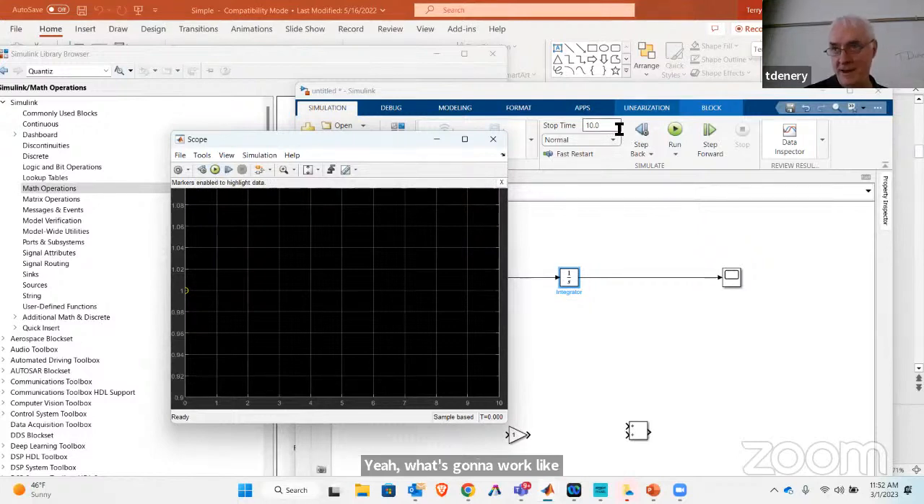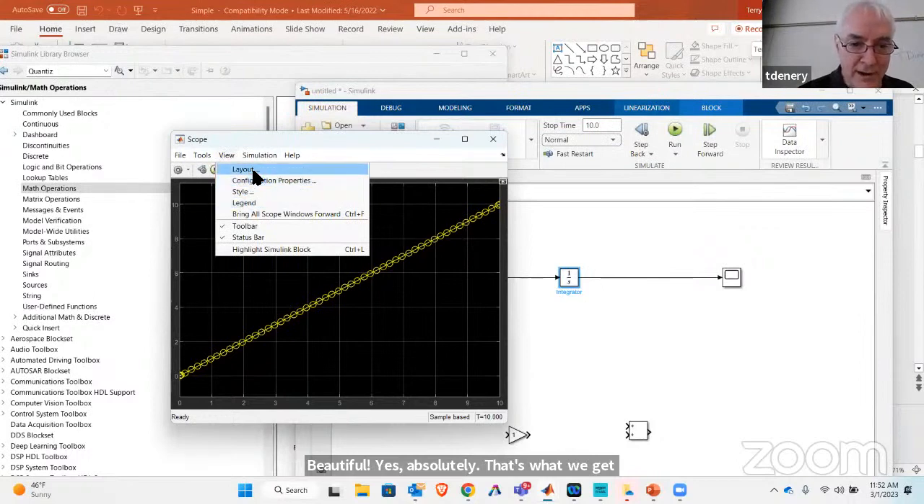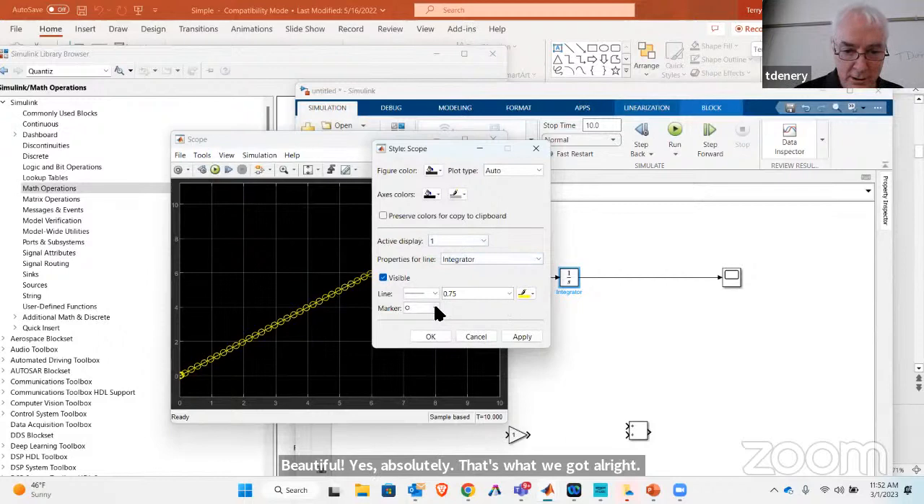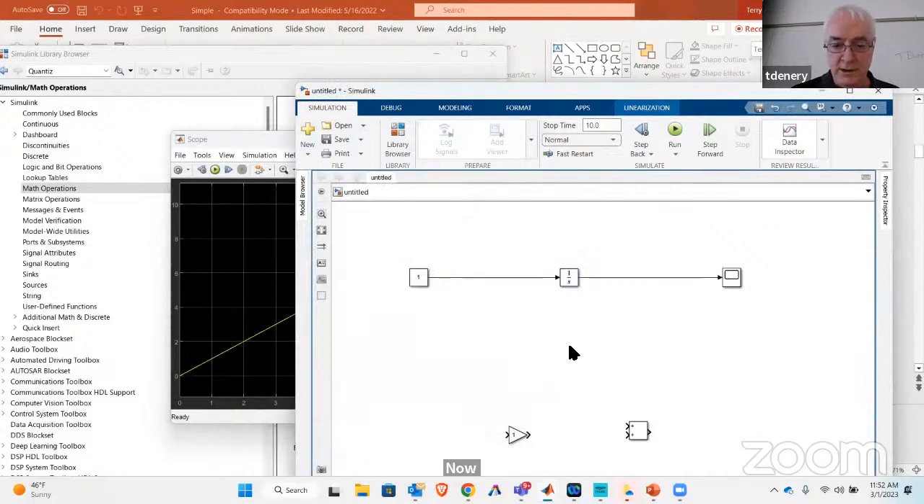And we're going to run it for 10 seconds. And beautiful. Yes, absolutely. That's what we got. All right. And so let's go and I'll get rid of the marker, and we'll just deal with lines now. Okay. All right. So the next thing I want to do is,